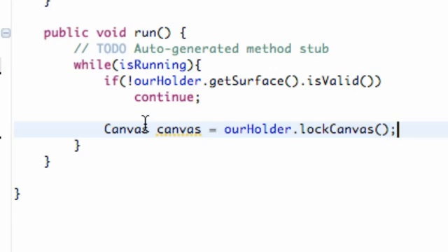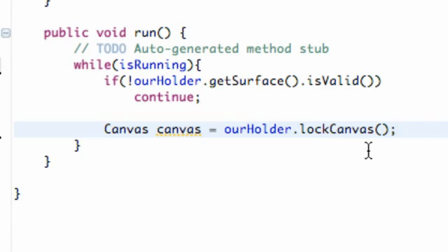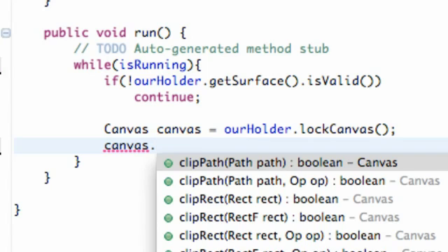Basically what's happening is we have this masterpiece, this great idea, and we want to paint it. So we're going to lock our door, paint on our canvas, and then unlock our door and show the whole world what we came up with. That's basically what we're doing within this loop. We're locking the canvas so no other classes, no other activities, no other threads can access it. That's the point of locking it. Once it's locked, this is where we start drawing on it. So we're going to say canvas dot draw